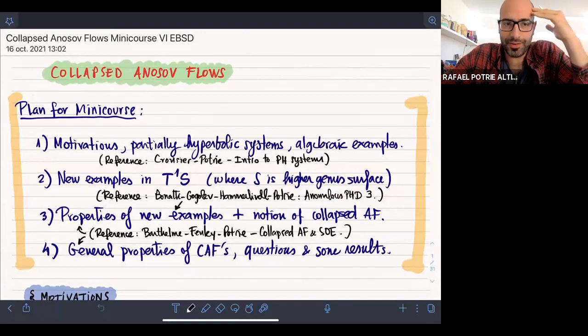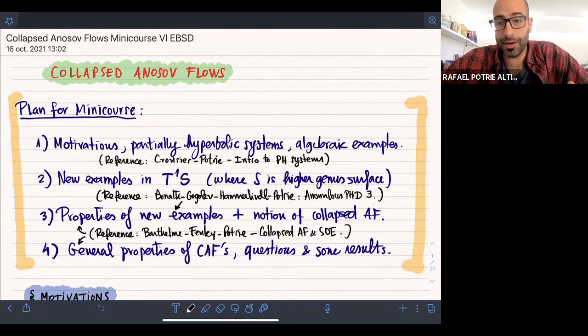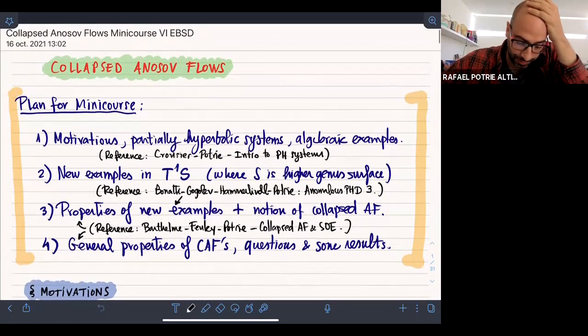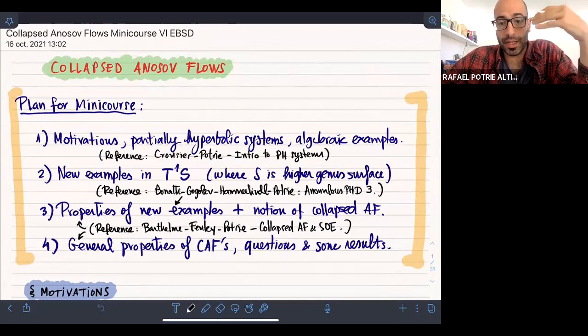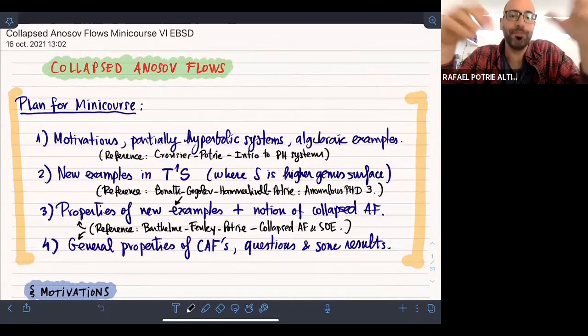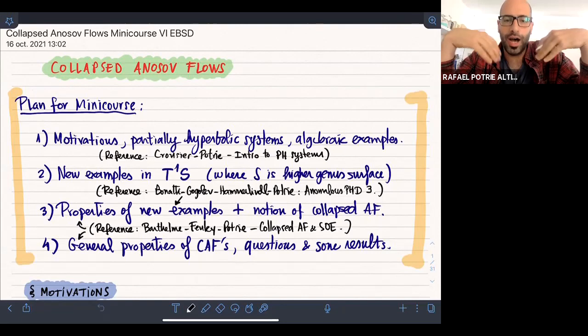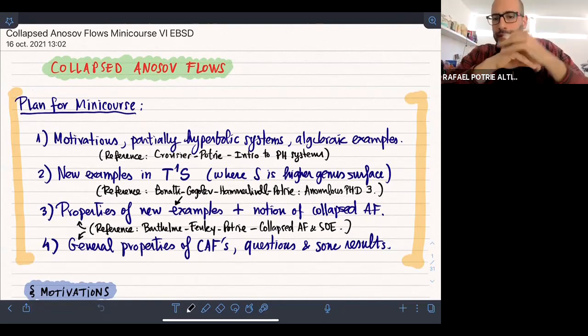Okay, and the subject of the mini course I will give, so I plan to start quite slowly and to see where I can reach, but I already made a plan which is tentative, and the idea is to start by just discussing the motivations for studying partially hyperbolic systems, in particular in low dimensions, and give some very important examples. I think these examples are, again, so for the third time today about geodesic flow in negative curvature. So it also gives another point of view on the same,